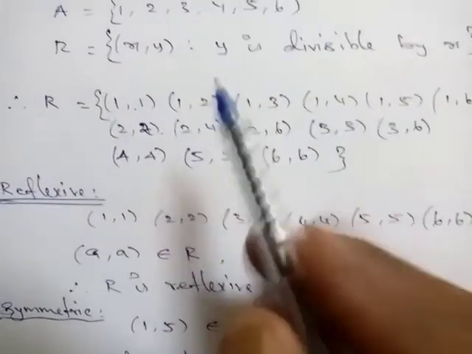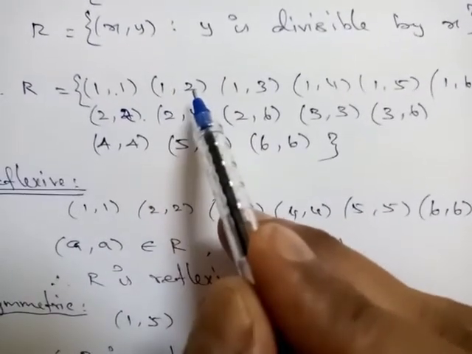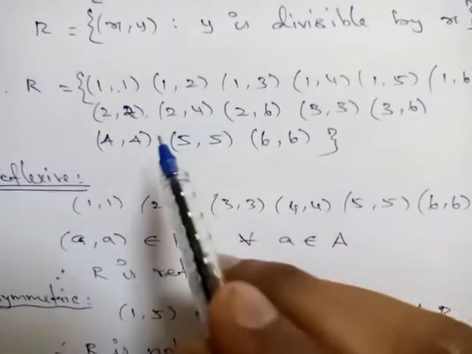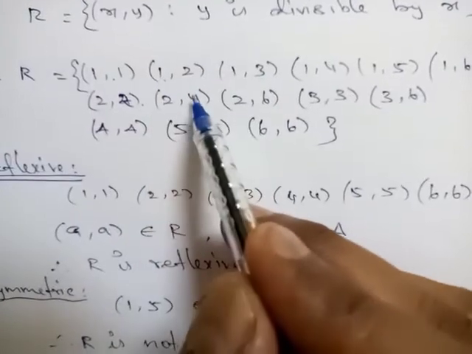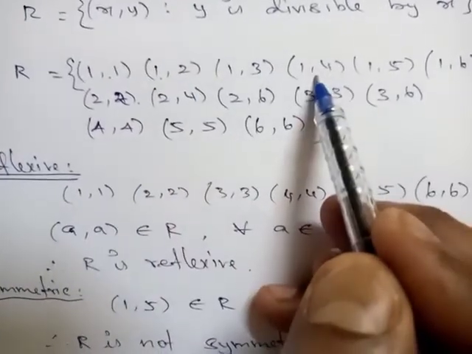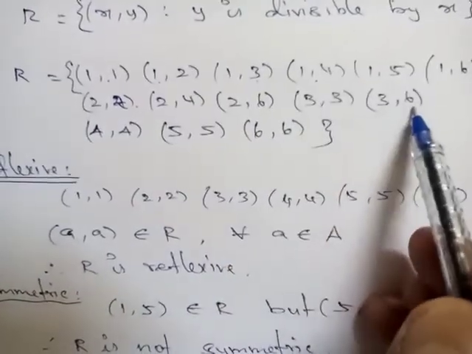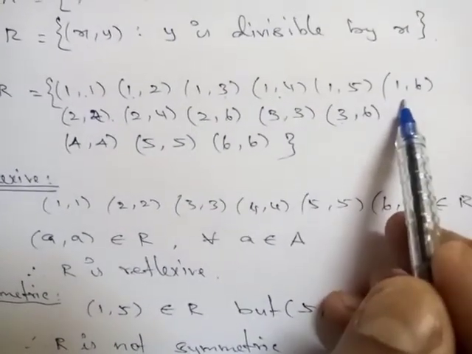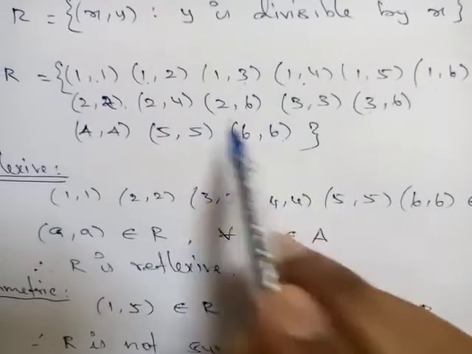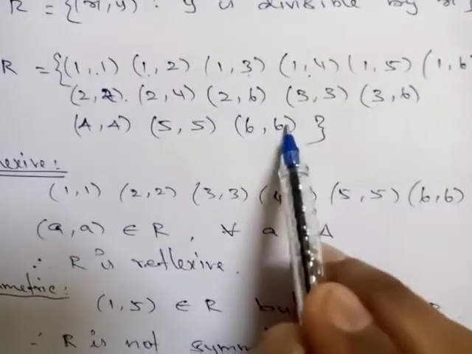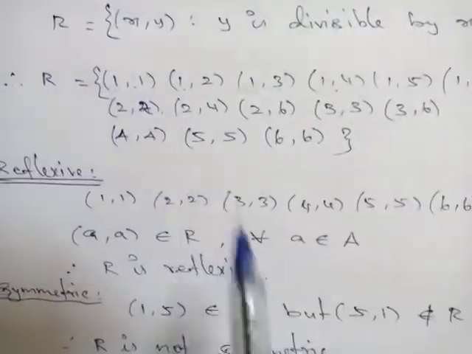Clearly watch this. Actually, (1, 2) I am considering. Okay, (1, 2) belongs to this R. Next suppose I am taking (2, 4), so (1, 2), (2, 4), then (1, 4) also must be here, right? (1, 4) is here. So like this we have to check for everything. (1, 3) is there, (3, 6) is there, so (1, 6) also must be there. See here, (1, 6) is there. For example, if I am taking (2, 6) and (6, 6), then (2, 6) is already there. So this is satisfied for all the elements, therefore we can say this is transitive.